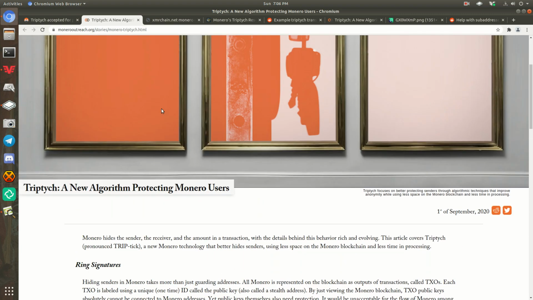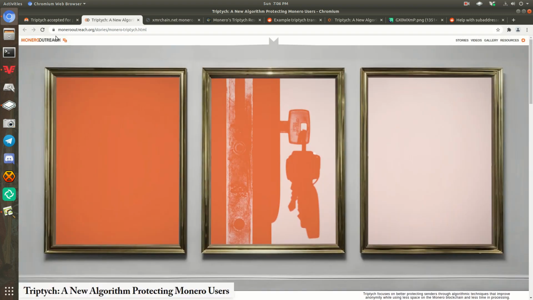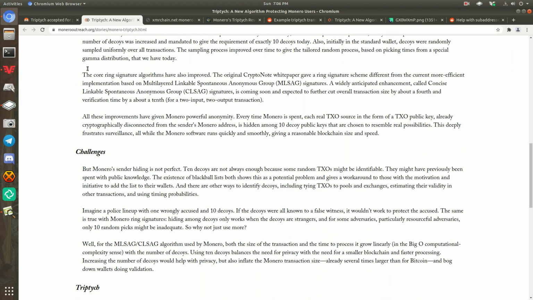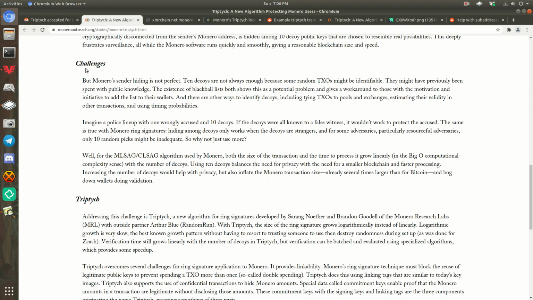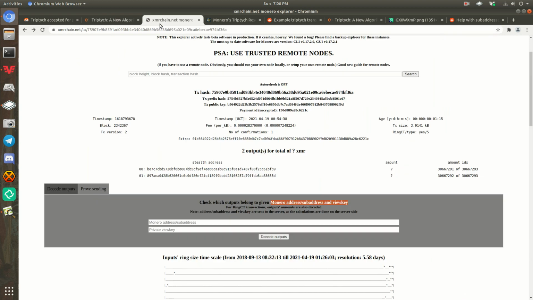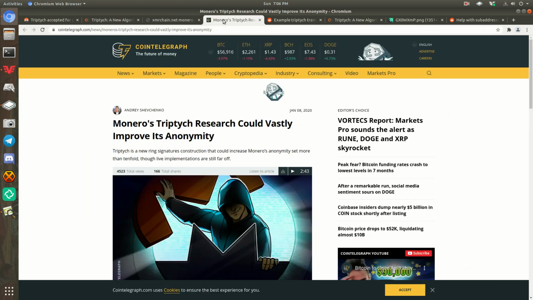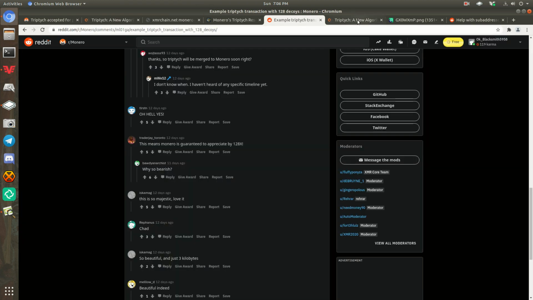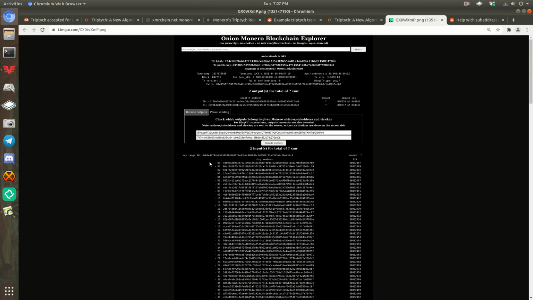So this is actually an article that got put out by Monero Outreach. I will put this in the description along with everything else I talk about, so you can go ahead and read through this if you'd like to. I was going to talk about, where is it? Okay, here we go. So this is a Tryptych Monero transaction with the